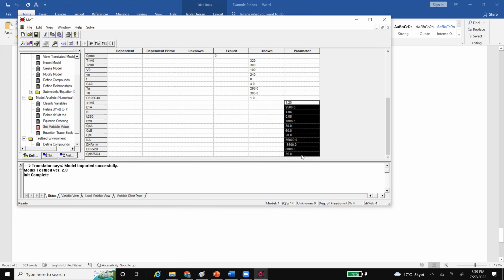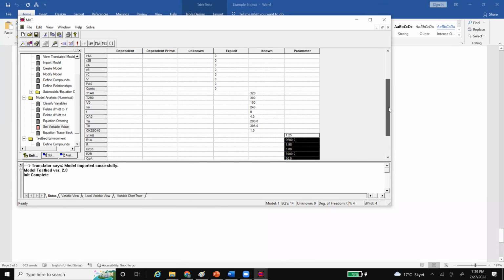Okay, so now all the variables that needed to be specified are given, and we have given the initial conditions. We don't need to worry about dependent prime and explicit. This will be calculated. So now we can set up the solver, but before that, we also need to go